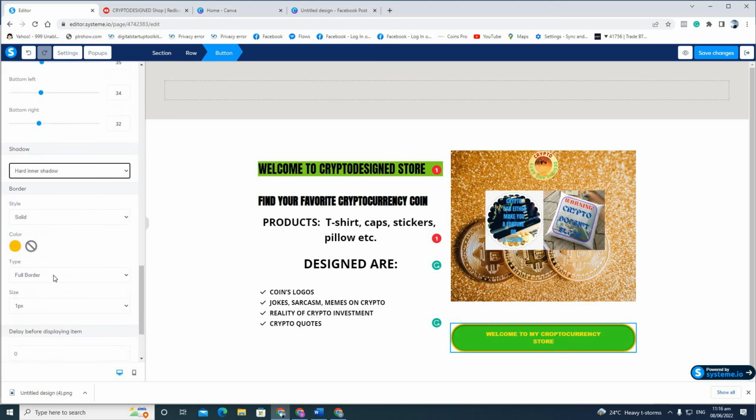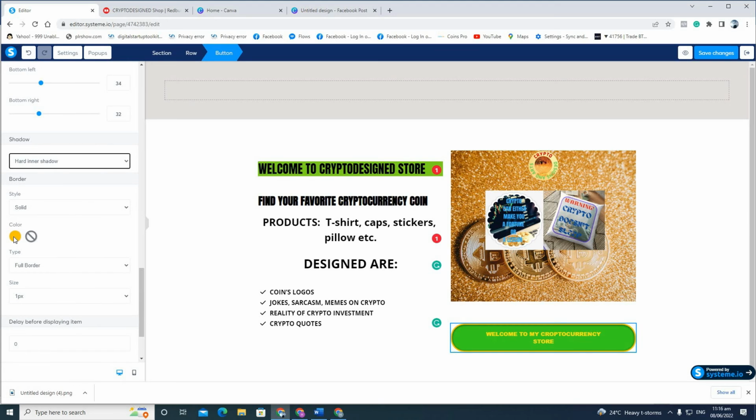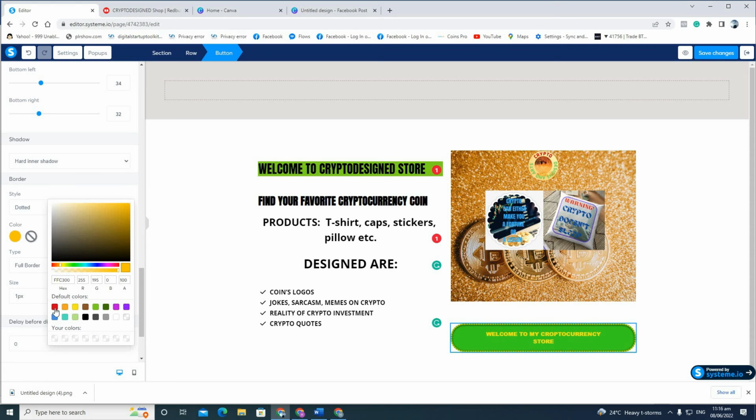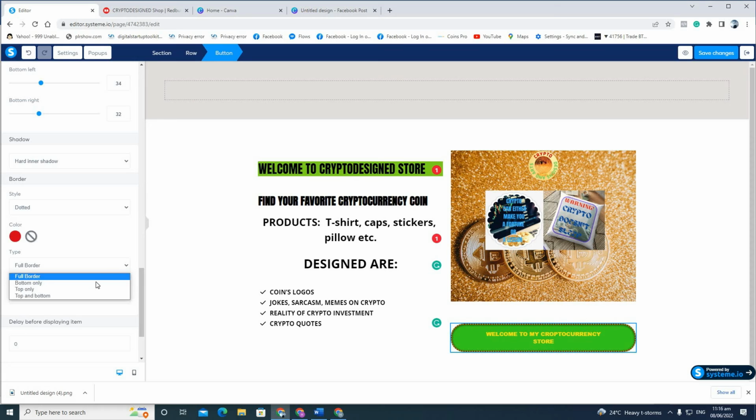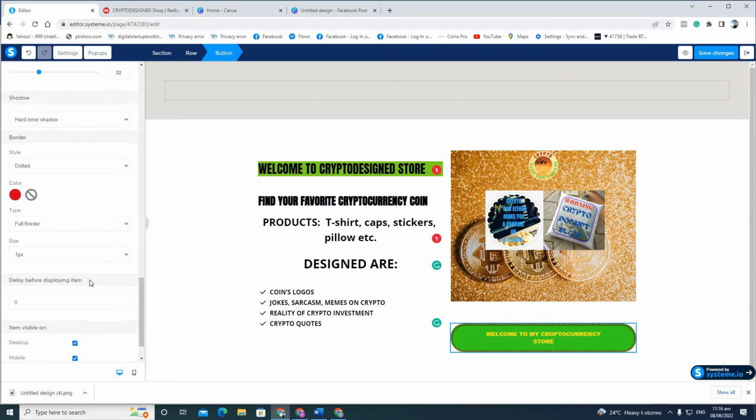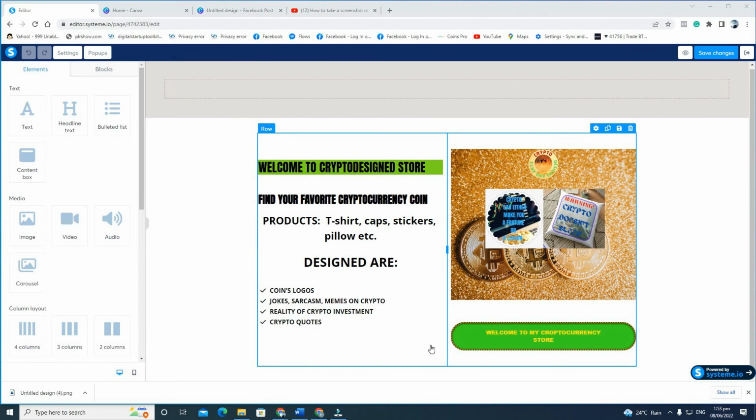That's it. I want to change the color, and I want the border to be dotted, and I want to change it to red. Okay. That's okay for the border. I'm satisfied with this, and I'm ready to